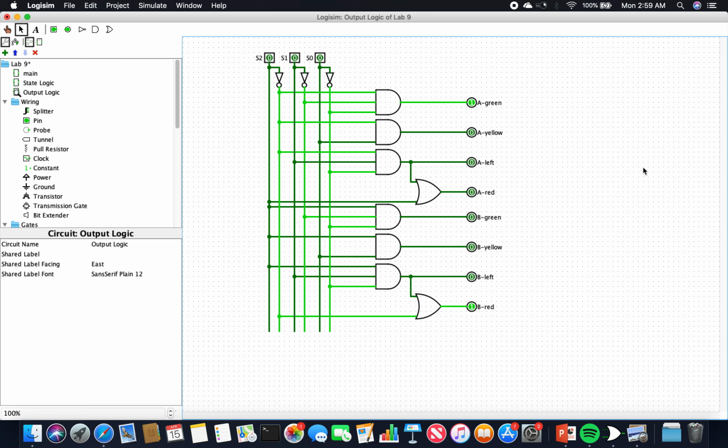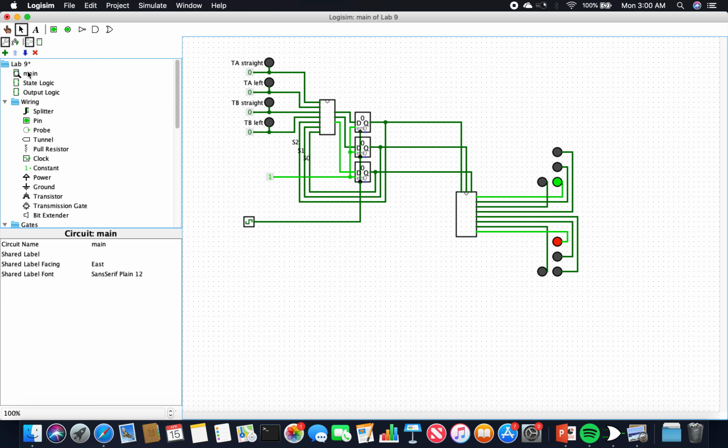So this is again basic combinatorial logic to convert the states into lights. The output from this goes into the signal outputs, which would be the red, yellow, and green